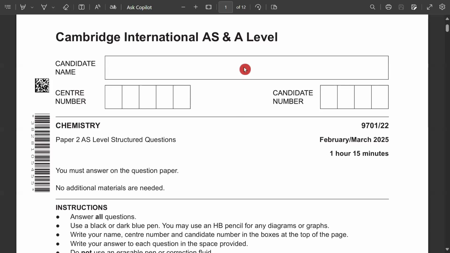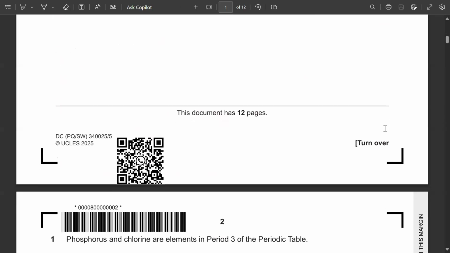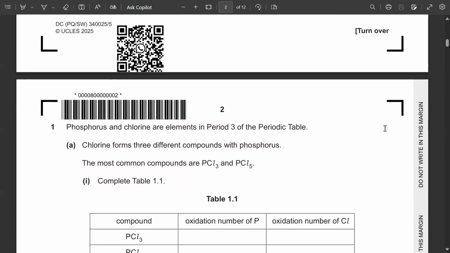Today we shall start with the Feb March 2025 paper of Chemistry AS level, paper 2, second variant. So let's start with this paper. The first question says